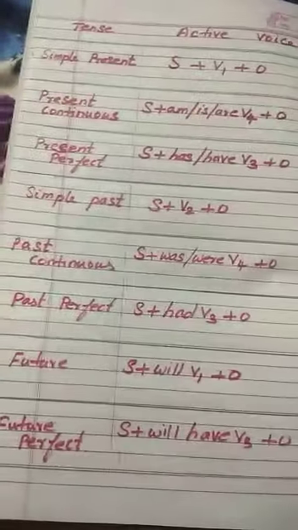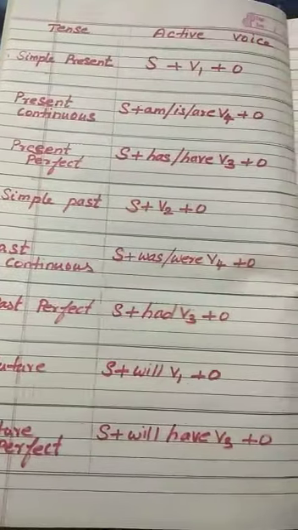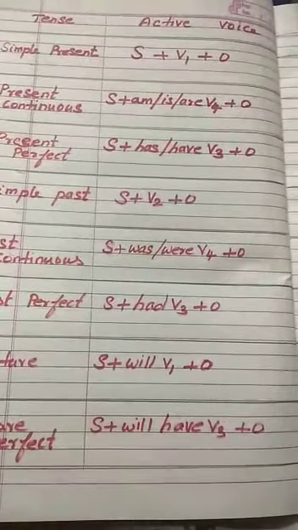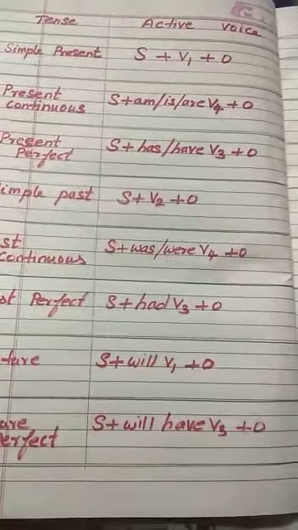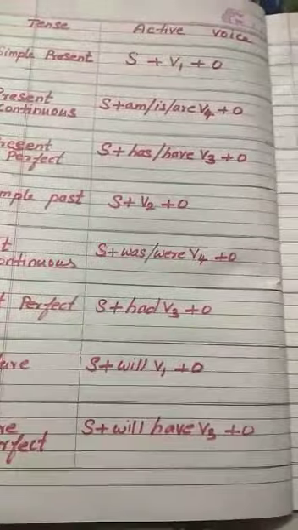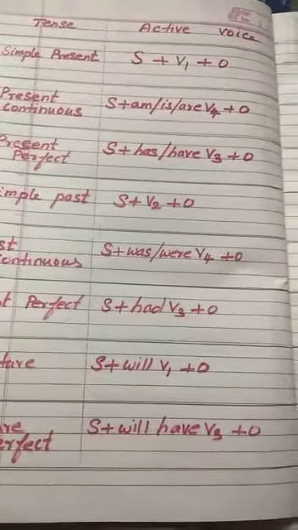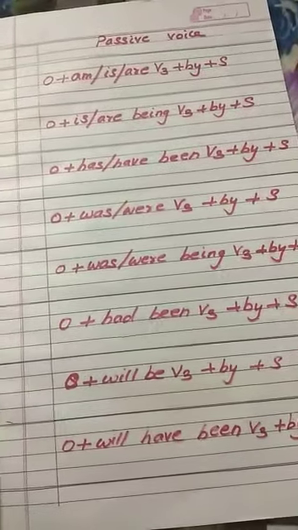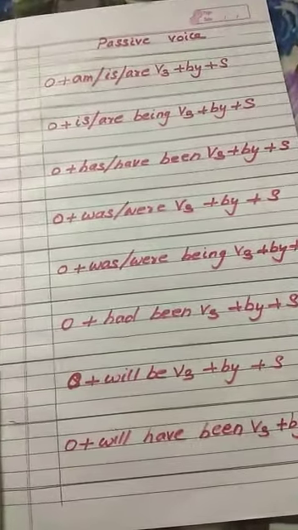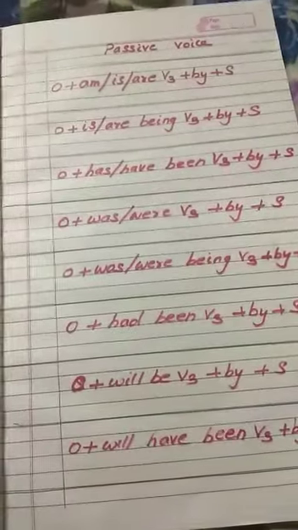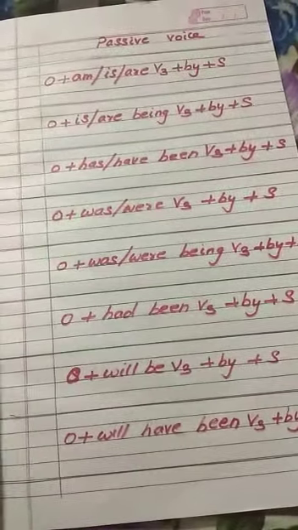Now next, present continuous. In present continuous, the verb will be in the ing form. So subject plus am or is or are and then the ing form of the verb and then object. So ing won't be coming separate. The verb ing won't be coming separate. It will be coming along with am, is or are. So when it is converted, we will be adding being. So for remembering, we can see that the verb is in the ing form. So when we are converting, we can write that being can be added and then the V3 form. In passive voice, all the verbs will be present only in the V3 form.